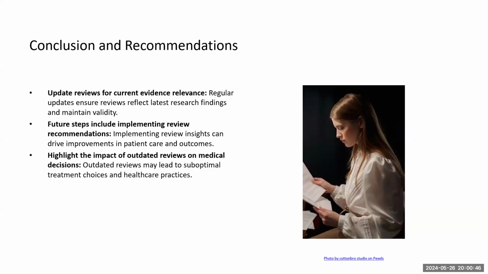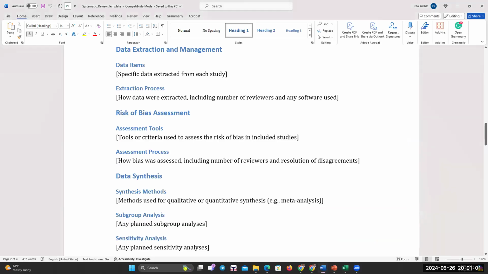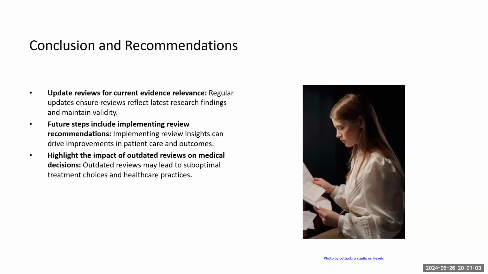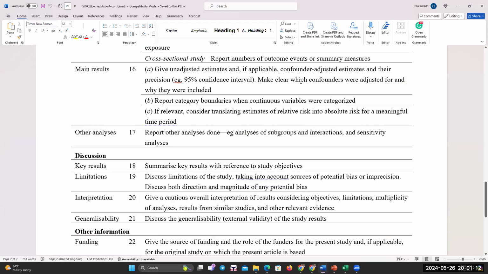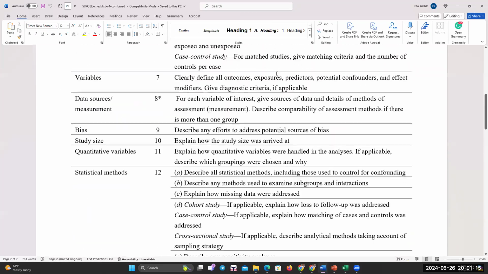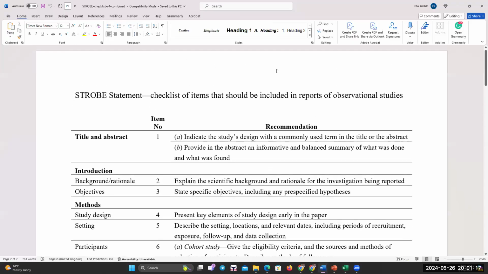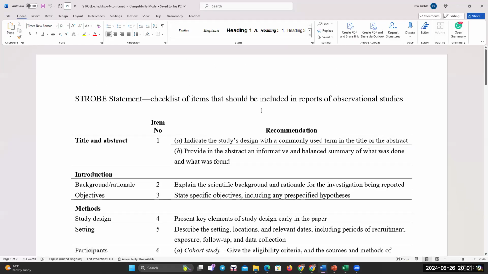And I listed a couple of them, right? I just skipped it. Is it important? Yes, it helps you to strengthen the quality of your work. Let me just see if I can pull it up in one second. For example, this is one, right? The STROBE checklist is one scoring system that you use, right? So the STROBE checklist